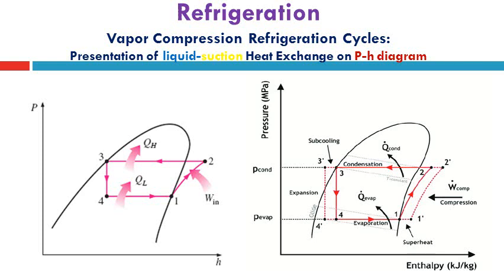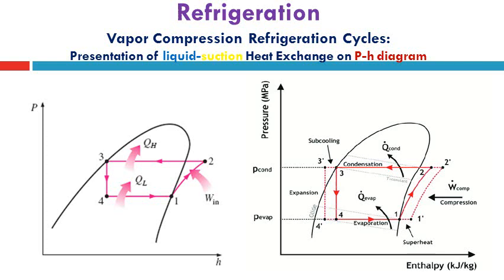It should be clear that the subcooling will increase this amount here, and then points 4 and 3 will be switched to the right hand side, which will increase the cooling effect due to this subcooling at the outlet of the condenser, and this amount of heat on the pH diagram will increase the COP